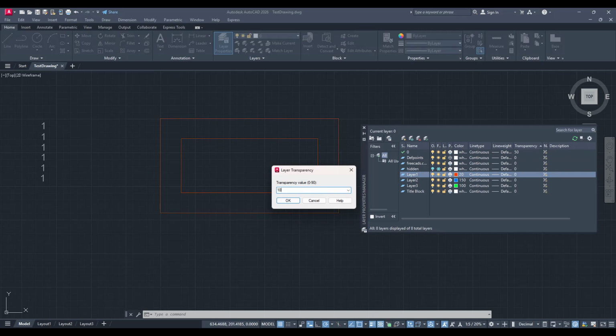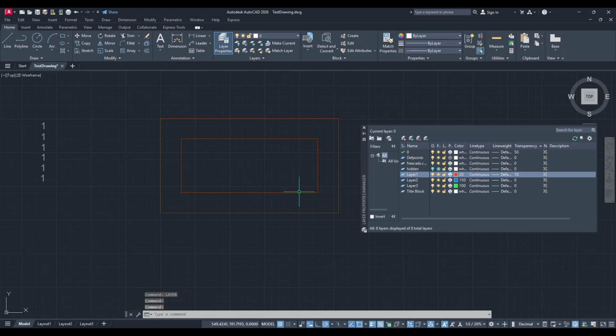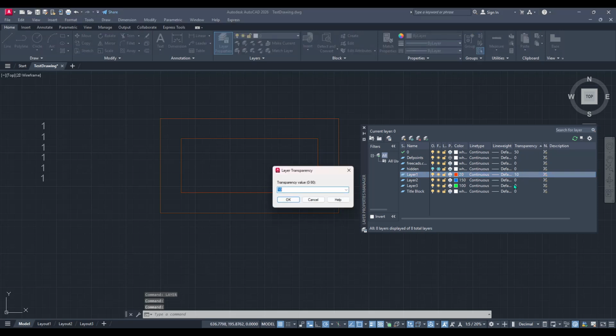And there you have it. You've successfully adjusted the transparency of objects in AutoCAD to better suit your needs. Mastering these settings allows you to have better control over the visibility and